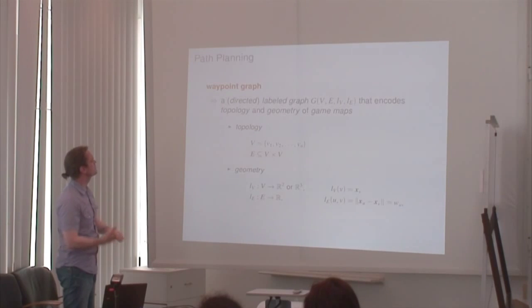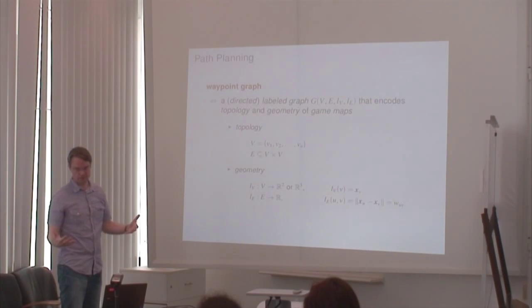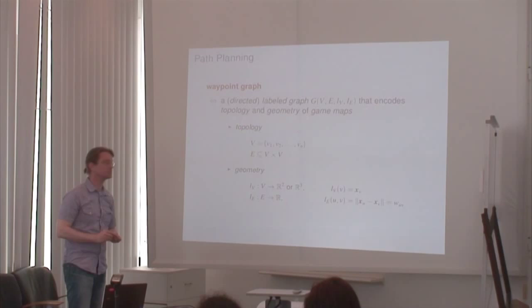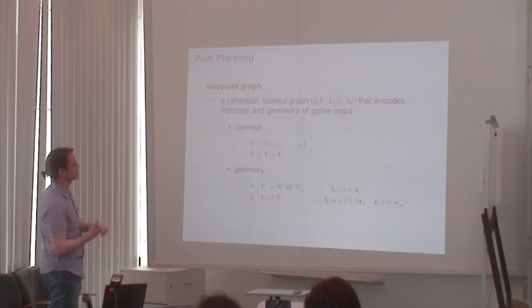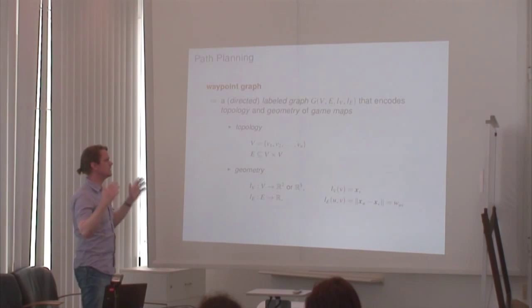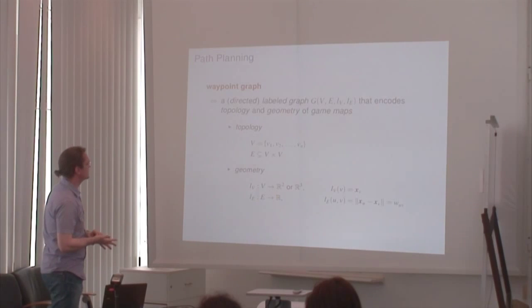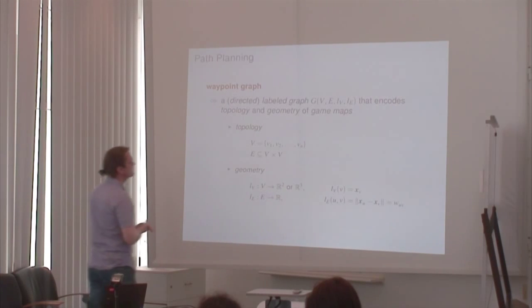So let us say that a waypoint graph is a directed labeled graph. So we have a tuple G that consists of elements V, E, LV, and LE that encodes topology and geometry of